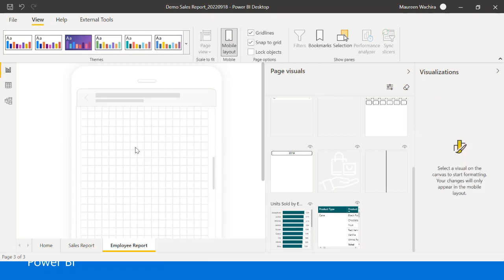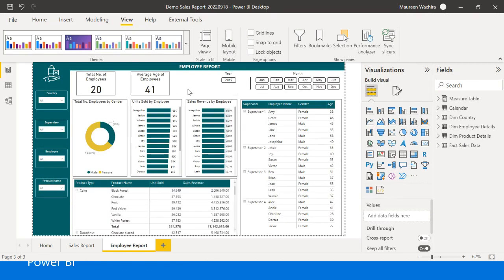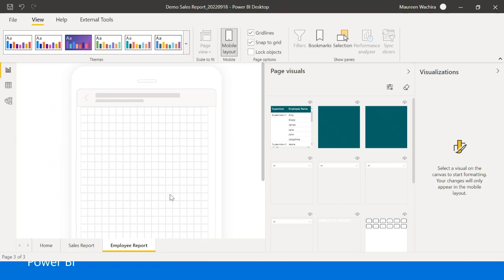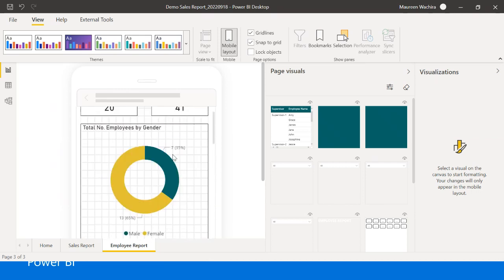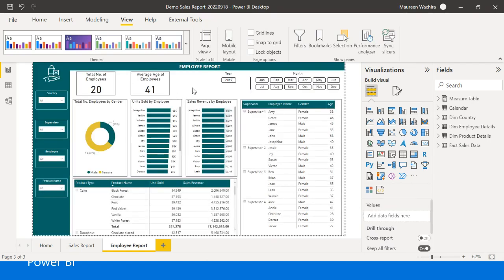Once you're done, you can see nothing has changed. It has retained; we didn't make any changes in our original report. But once our user is interacting with the report on mobile, they'll see this other thing. You can just continue adding all those visuals. Yeah, with that, I think we can conclude this